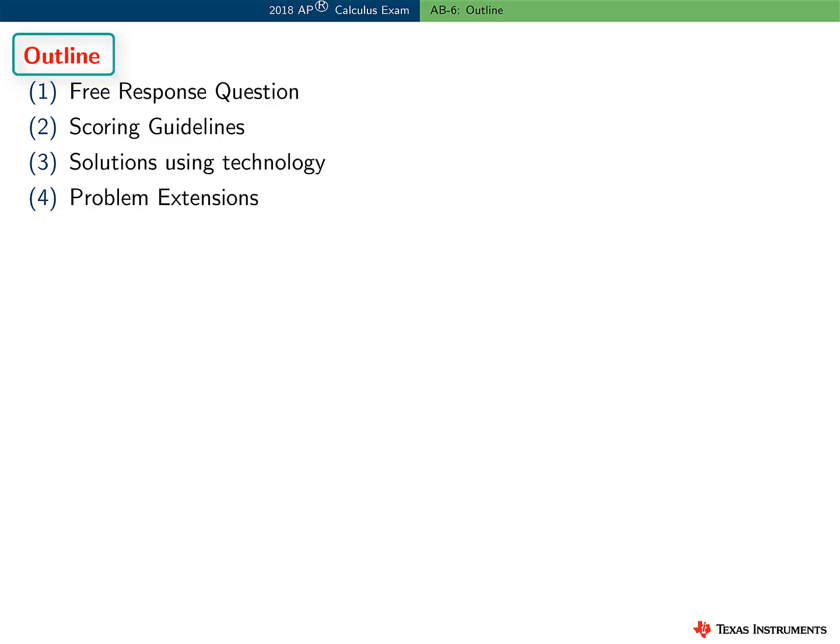Here's an outline of the information presented in this video. I'll start by reviewing the free response question, and then the scoring guidelines used at the AP Calculus reading. I'll highlight the solutions presented in these guidelines, not how the points were awarded. Now, this question was not calculator active. However, I'll show you how to use technology to explore and answer parts of this question and to confirm solutions